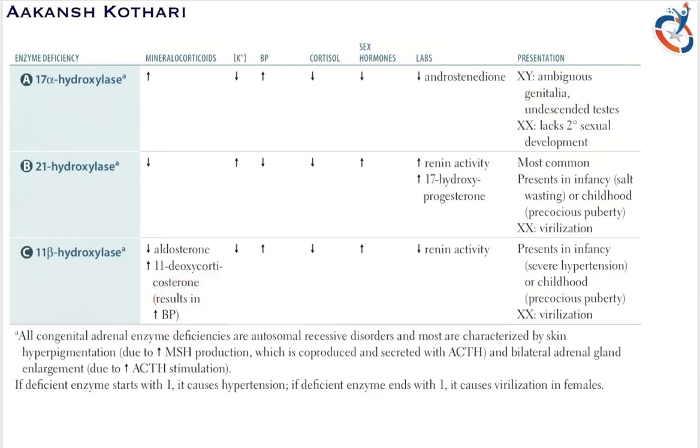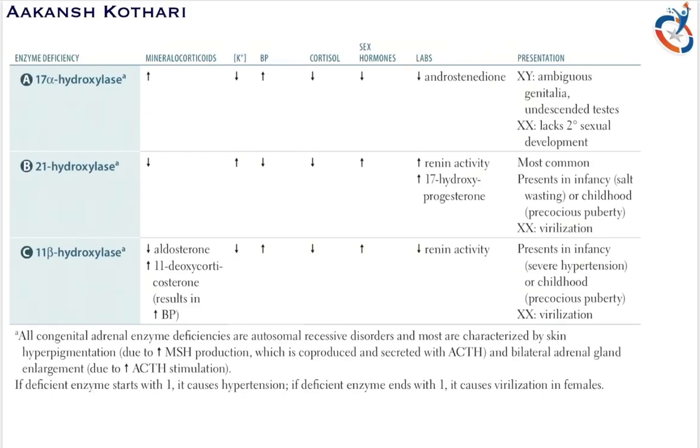increased blood pressure. Okay, so if you have to distinguish between 21 hydroxylase and 11 beta hydroxylase, you have to check for the renin activity. The renin activity in 21 hydroxylase is high because the blood pressure goes down, whereas in 11 beta hydroxylase the blood pressure is controlled by 11 deoxycorticosterone, and hence since 11 deoxycorticosterone is high, there is a decrease in the renin activity. Is it clear?